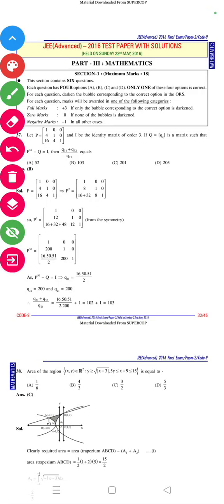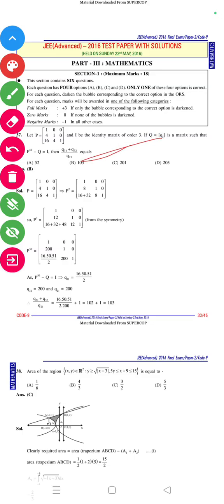ये है 2016 का पेपर 2 का मैथमेटिक्स। तो इसमें है क्वेश्चन नंबर 34। Let Q be the identity matrix... Let P = [1 0 0; 4 1 0; 16 4 1] and I be the identity matrix of order 3. If Q = [qij] is a matrix such that P^50 minus Q equals I, then (q31 plus q32) by q21 equals,